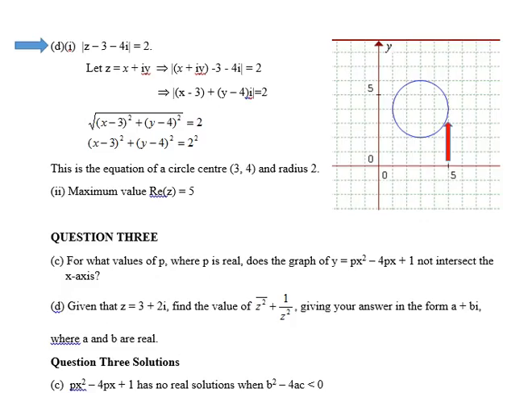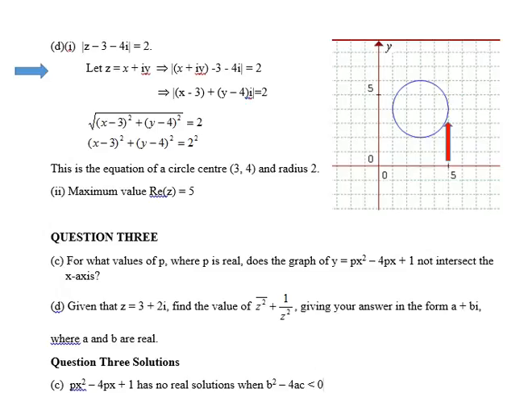The standard approach when looking for a locus is to replace the z with x plus iy. So instead of z minus 3 minus 4i, I now have the x plus iy. What I've got to do now is collect the real and imaginary parts. The real parts are any term without i in it, and the imaginary parts are the two parts with the i. x minus 3 is the real part, and notice how I put the bracket around the y minus 4,